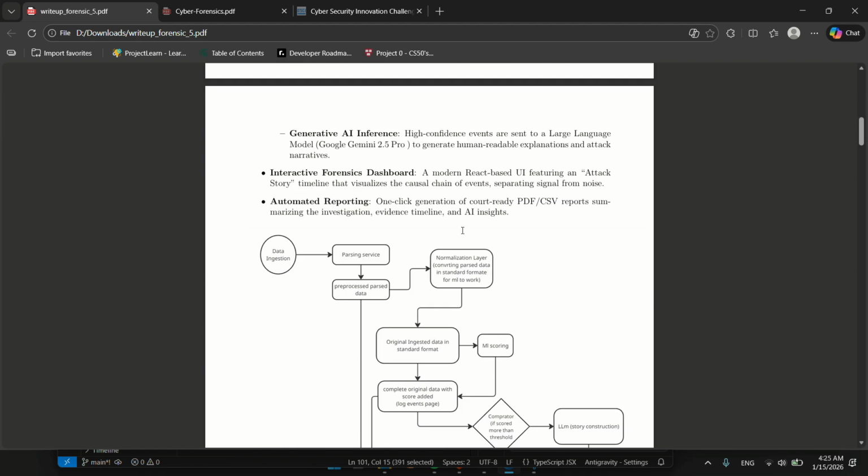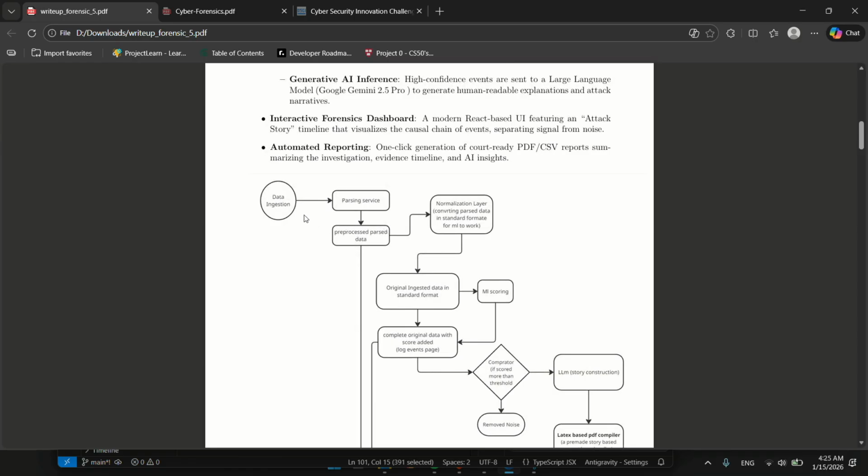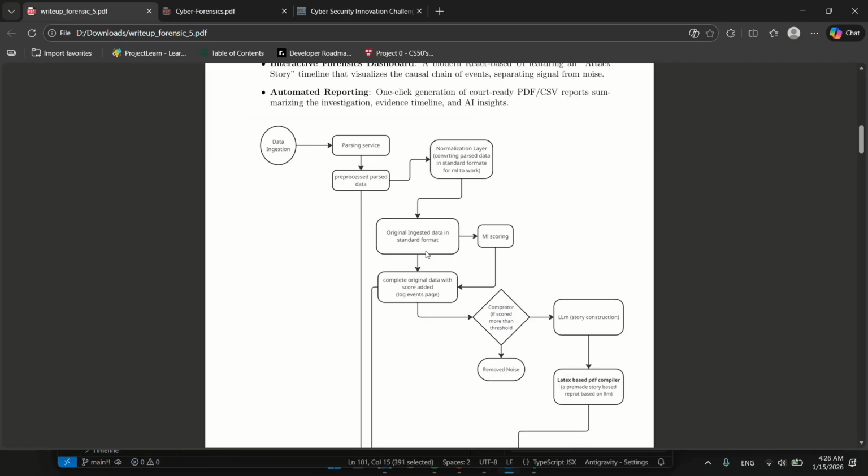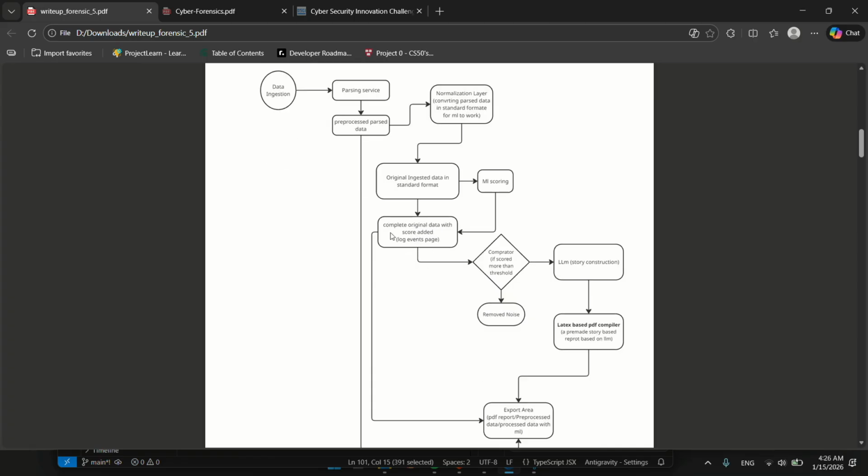System handles the rest. Here you can see the file is dropped and parsed immediately. The parsed file, now in JSON format, enters a layer of normalization. Normalization basically means separating event IDs, messages and IPs so that ML scoring can work over it. The system utilizes an isolation forest algorithm to take each line of the CSV and add an inference score to it. The score is then sent back to original data, creating a new dataset where ML score are attached to every single line. Now, this dataset with ML score is sent to a comparator.